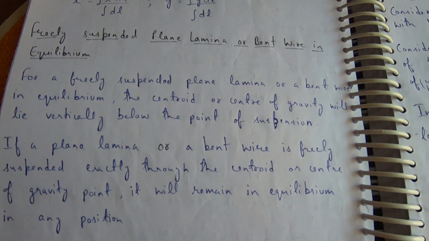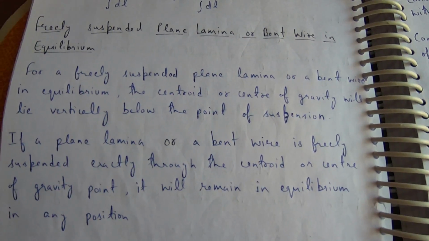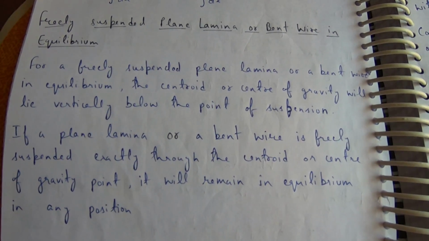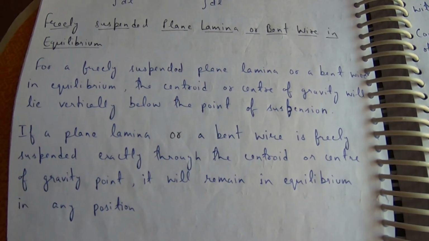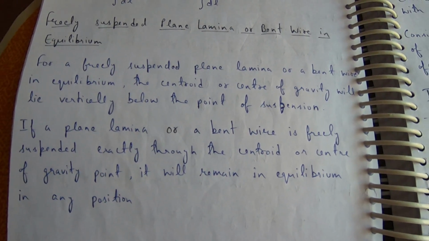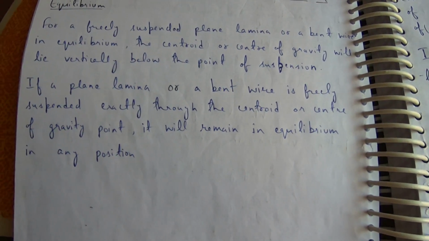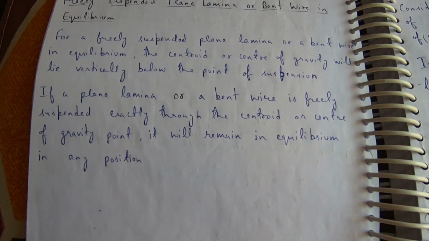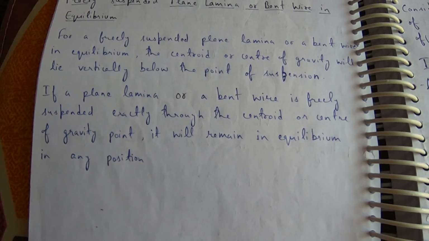Freely suspended plain lamina or bent wire in equilibrium. For a freely suspended plain lamina or a bent wire in equilibrium, the centroid or center of gravity will lie vertically below the point of suspension. If a plain lamina or a bent wire is freely suspended exactly through the centroid or center of gravity point, it will remain in equilibrium in any